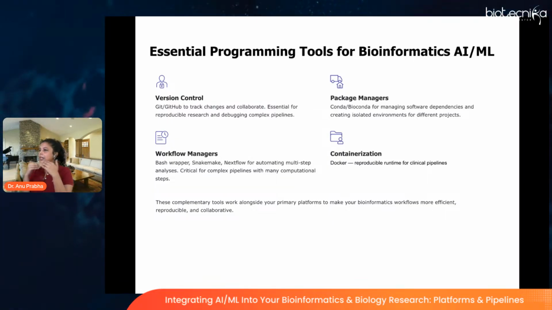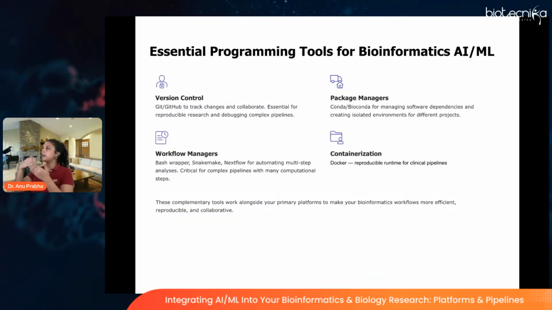Now, we want to create an environment so that all variables and all dependencies are accounted for. For example, I have made a pipeline which needs 15 Python libraries, 10 Bash libraries, 10 R libraries, or some Java classes or objects or whatever it is. So what I would want is an environment that encompasses all of these dependencies, so whenever I run the code, I don't need to set it up again and again.